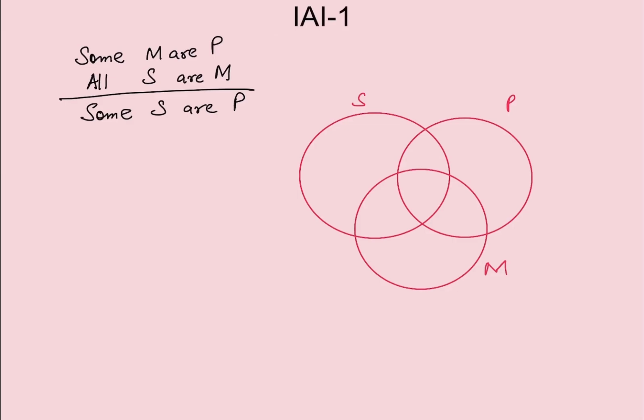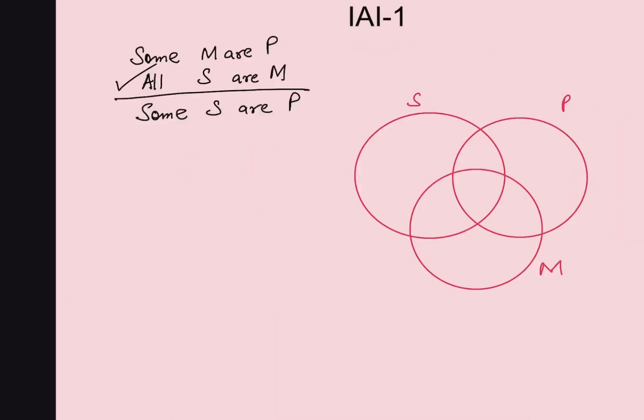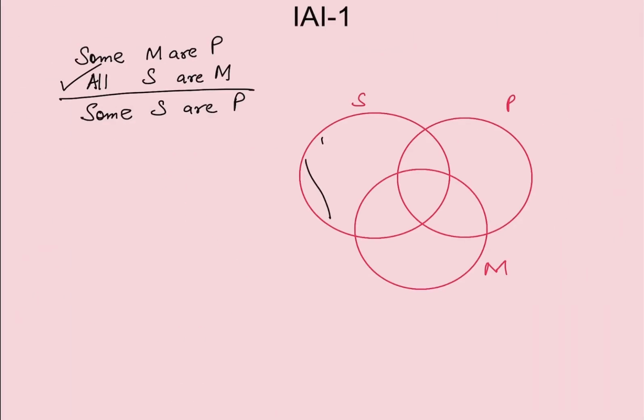Now moving to the next one where we have all S are M, some M are P and then some S are P. Let's again start with this proposition. So this is okay. This is different. All S are M. So again S वाला part पूरा shade हो जाएगा आपका. And then next one is some M are P, M and P. Now be careful here. Now M and P के बीच में X can be here, X can be here also. So we don't know X का position कहाँ पे है. So X का position हम लोग यहाँ पे डालेंगे.